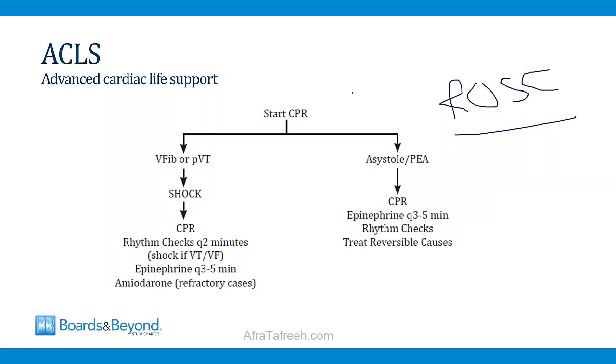So when you encounter a patient who has cardiac arrest, the first thing you want to do is all the things we've already talked about. You want to call for help, you want to place the patient on a monitor, and you want to begin CPR. The next steps after this depend on the underlying rhythm. If the underlying rhythm is ventricular fibrillation or pulseless ventricular tachycardia, then the next step is to shock. On the other hand, if the underlying rhythm is asystole or PEA, a shock is not advised because these are